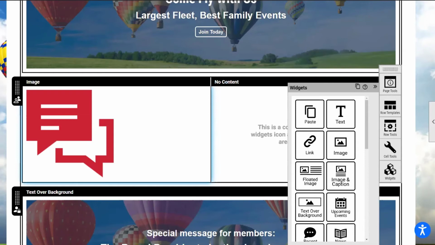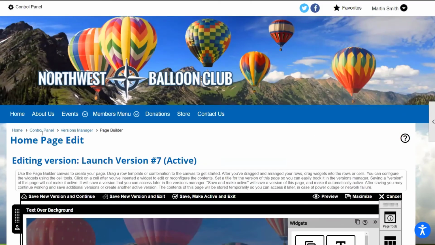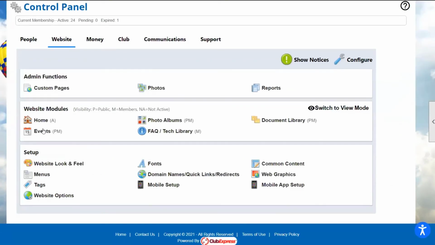Along the same lines, Samantha, there's a question here. It says, can you duplicate a custom page to create a new similar page, not a version, for posting separately? Absolutely. So if we take a look back at our custom pages,